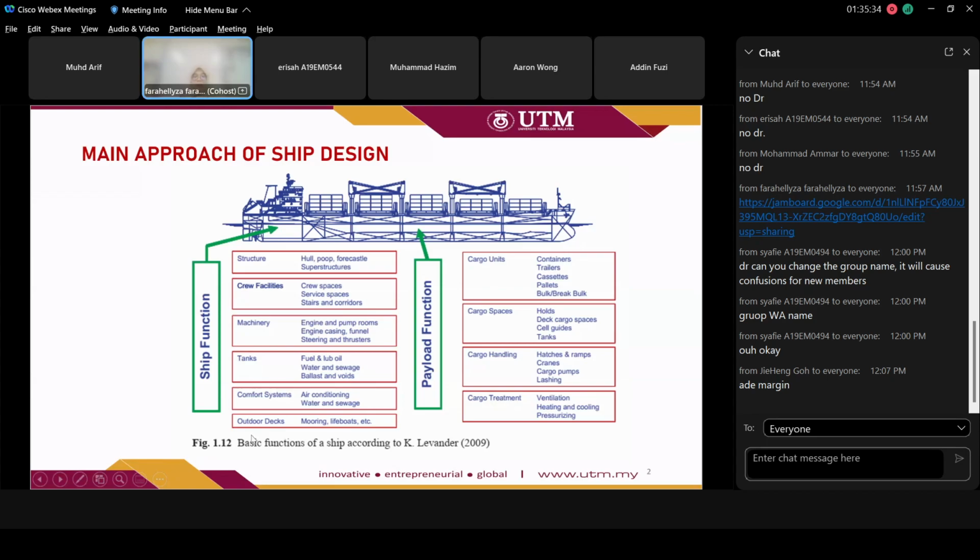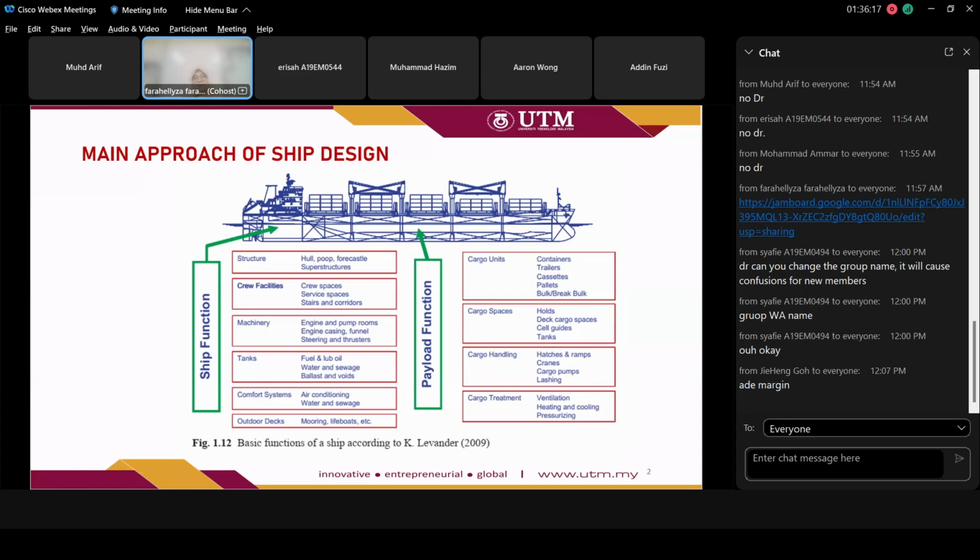The notes, information and details of this you can get from Papanek, Nicolo books. There's a PDF on that, but I can share it in the e-learning as well. This is the book on preliminary ship design. I cannot recall the full name of the book, but it's a comprehensive book you can refer to, covering the whole process of ship design, starting from the main requirements until all the elements in the